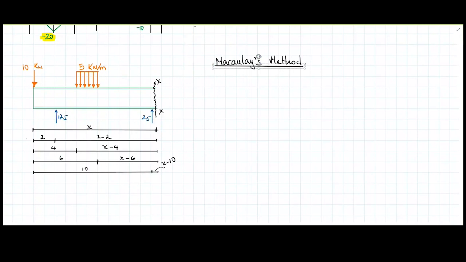If I analyze this coming from the left to the right, at this point, 10 is acting all the time. And when I come to these points, this force starts acting or contributing to the deformation of the beam and stays like that